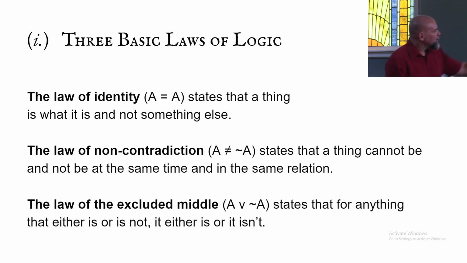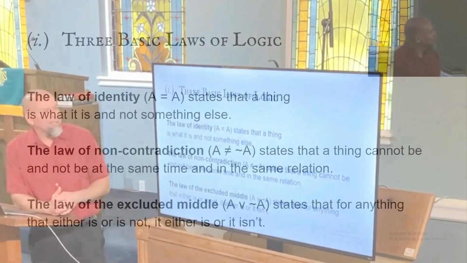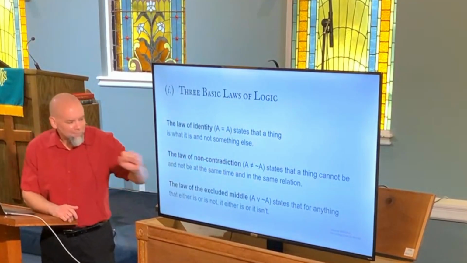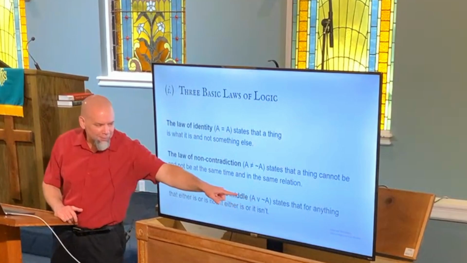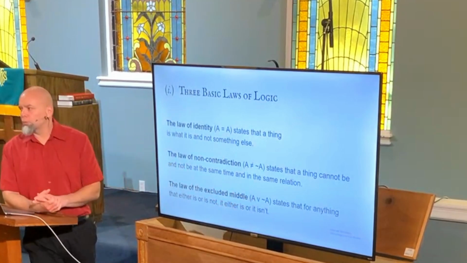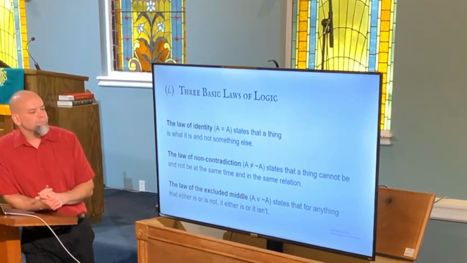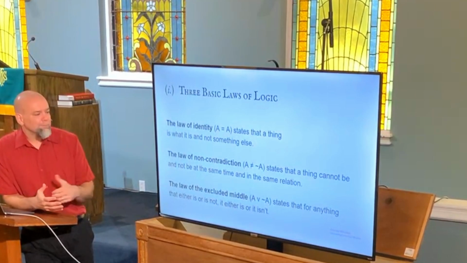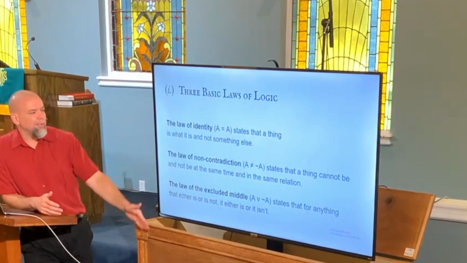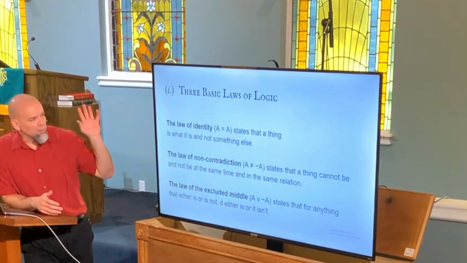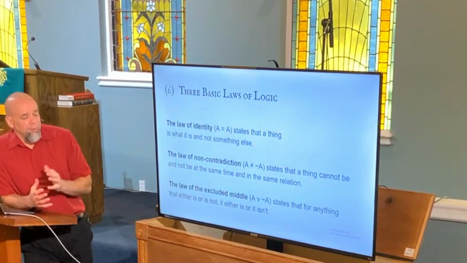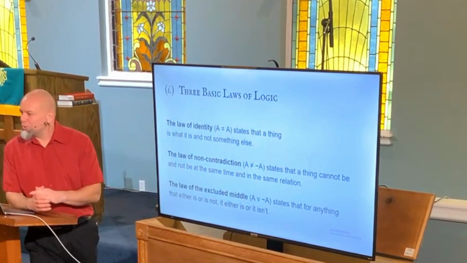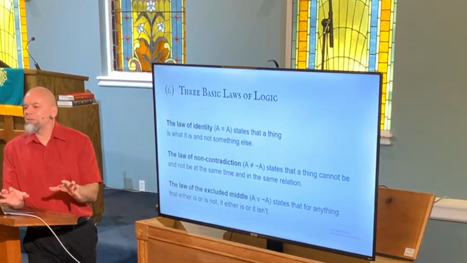So here's the laws. One way the notation of it is A equals A, A does not equal non-A, and A or non-A. That V there, from a Latin word for or, it's where they get that symbol from, not versus, like in a court case, but or. That's the law of the excluded middle. But here's what they mean. In simple terms, the law of identity means that a thing is what it is and not something else. That's the implication. But you could just go with a thing is what it is.